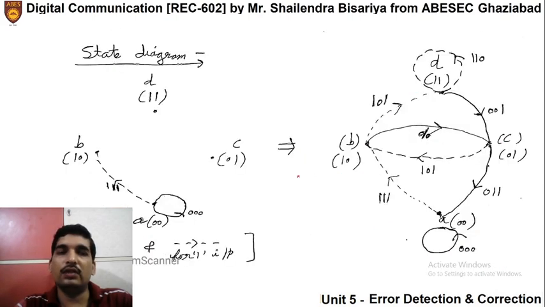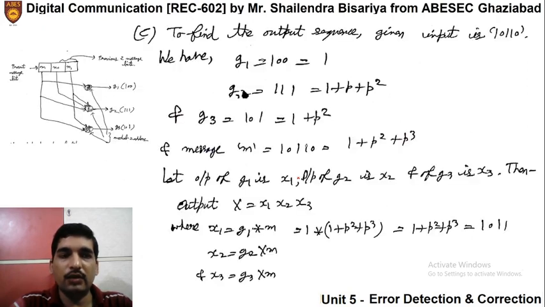Okay, so this is much simpler. That is the state diagram. I hope you can do it for any case easily now. Right, so we have just represented the state diagram, code tree and code trellis. Now for the encoder given for the present question, the input sequence is given to us, that is 1, 0, 1, 1, 0. What will be the corresponding output sequence?